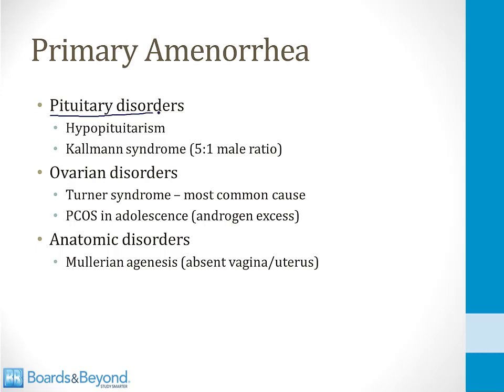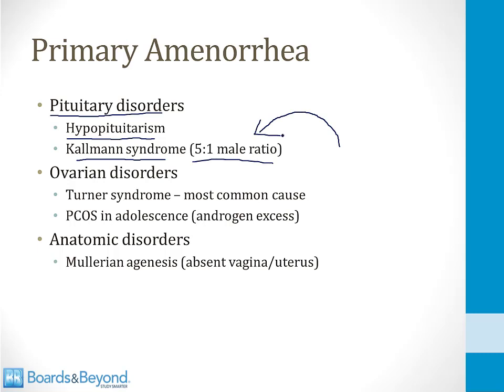There are a number of pituitary disorders that can cause primary amenorrhea, and many of these are similar to the pituitary problems that can cause hypogonadism in males. So any cause of hypopituitarism can cause primary amenorrhea. So can Kallmann syndrome, which is a GnRH deficiency. However, Kallmann syndrome has a 5-to-1 male ratio, so in a board question, it's unlikely to be described as a